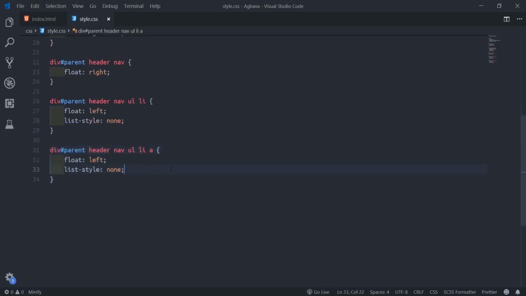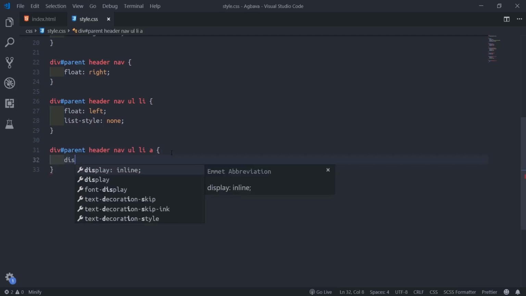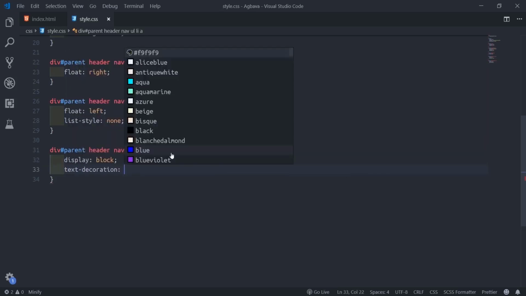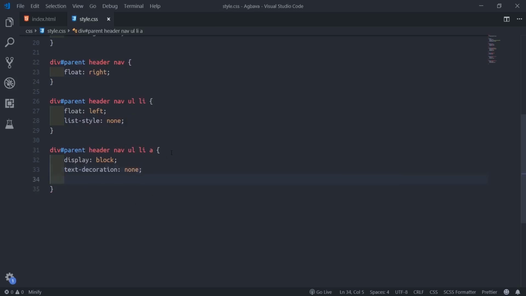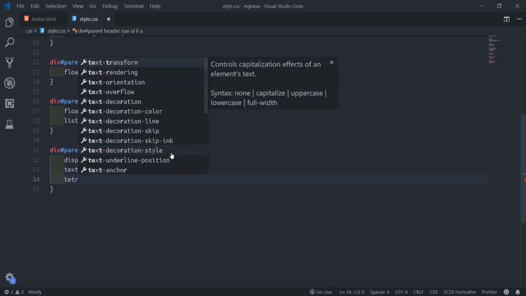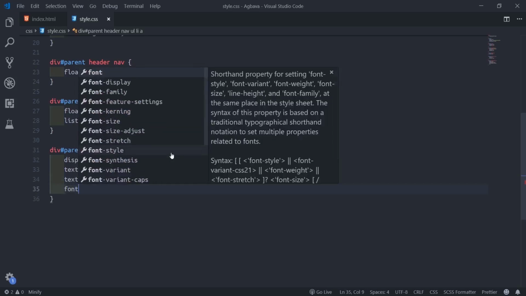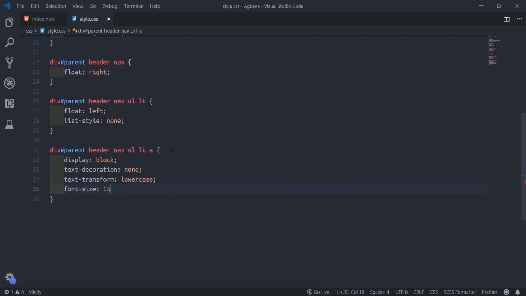I'll say A. And what I go first do, I'll say display block. Then text decoration will be none. And text transform mostly given lowercase. Font size like 15 pixel. Then two will do now.